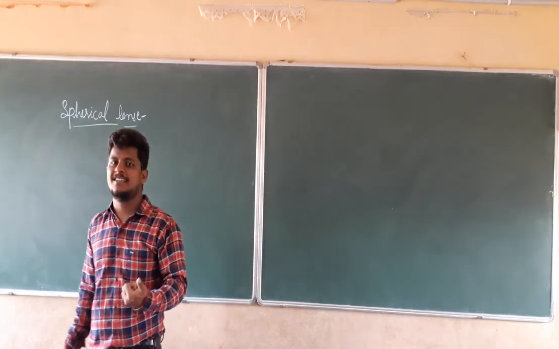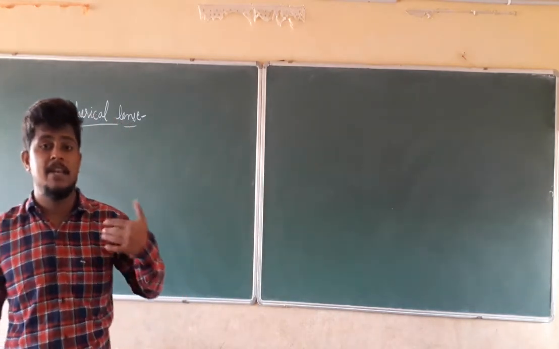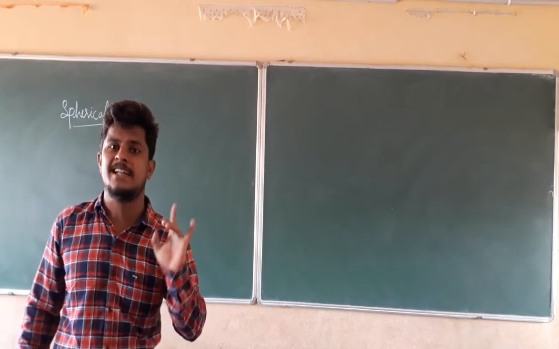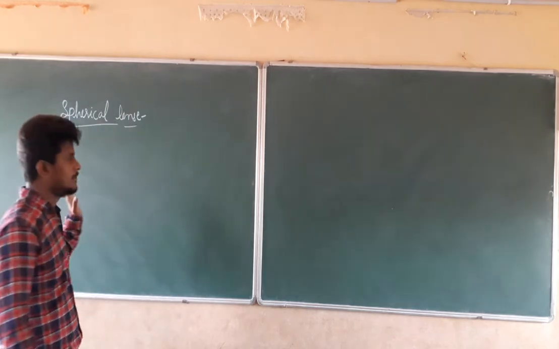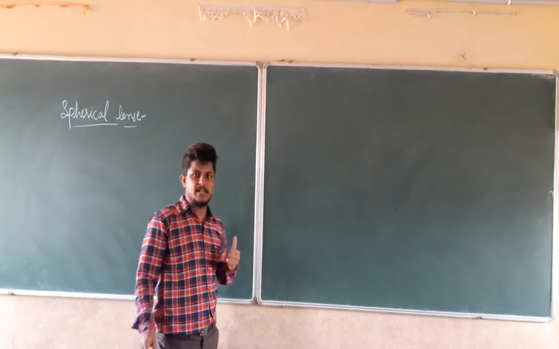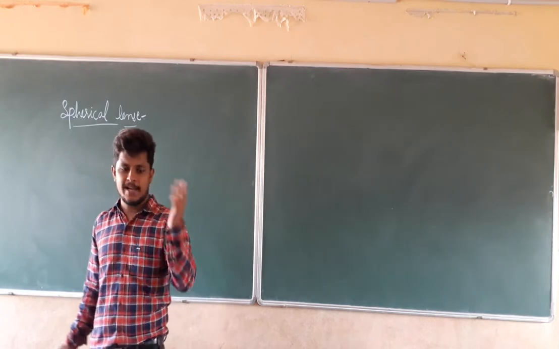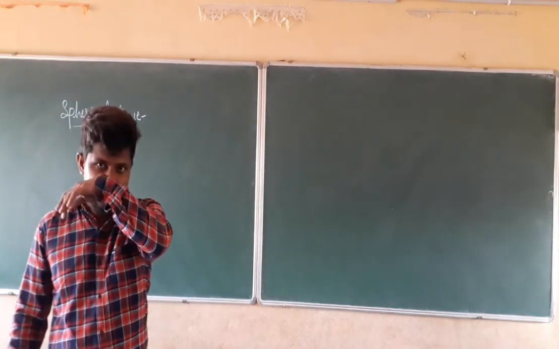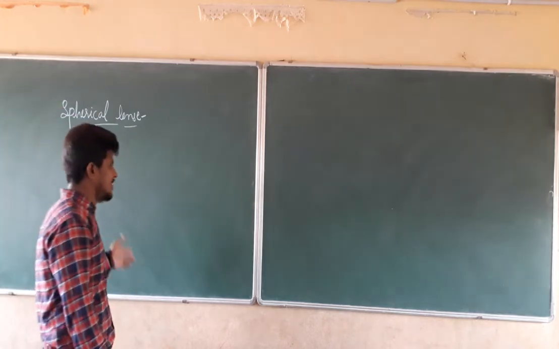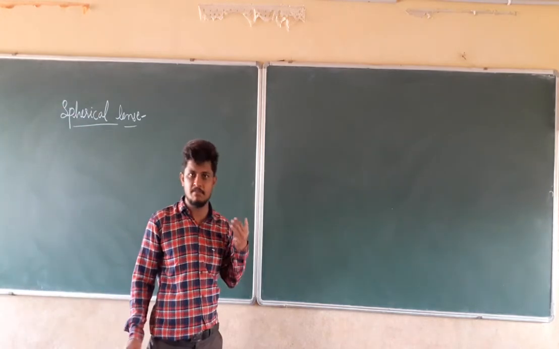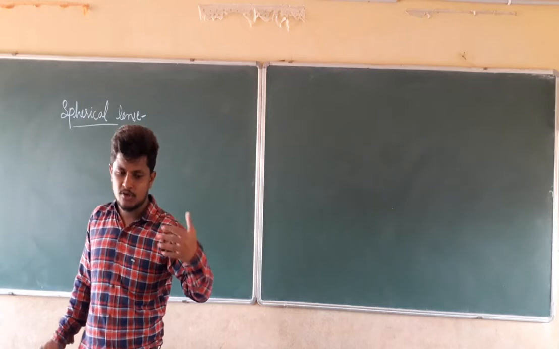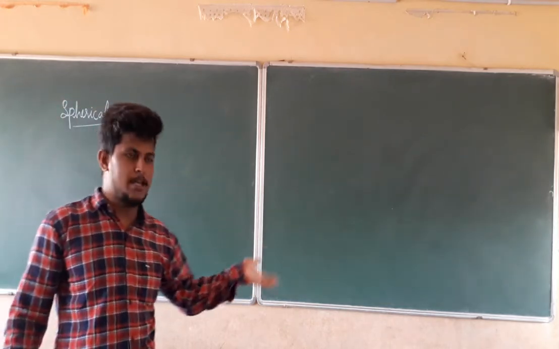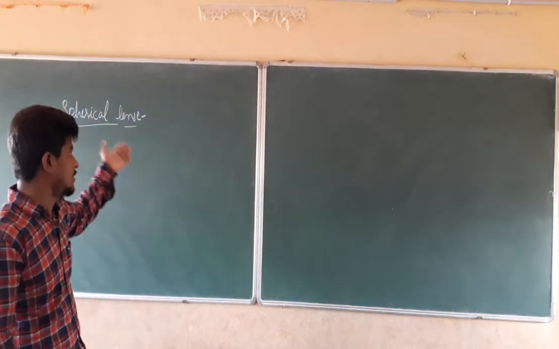But in this case, the medium you are going to take will be a transparent medium. It will not be opaque. In a mirror, one side is polished and one side is painted. In this case, both sides will be polished. That is a transparent medium, where the light is going to travel from one medium to another medium. It is going to pass through this medium.